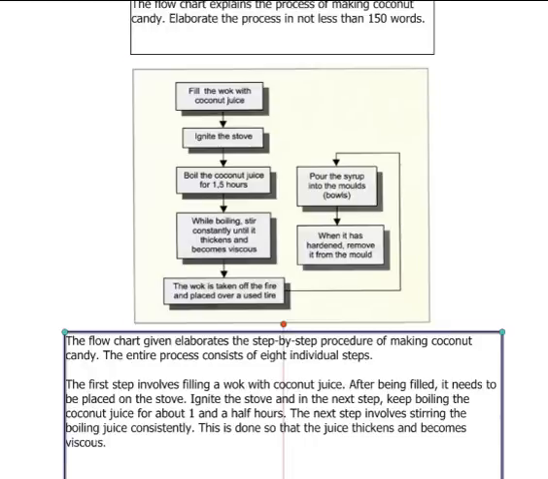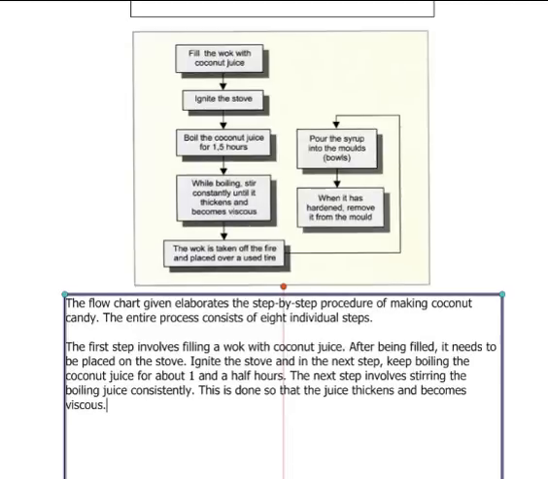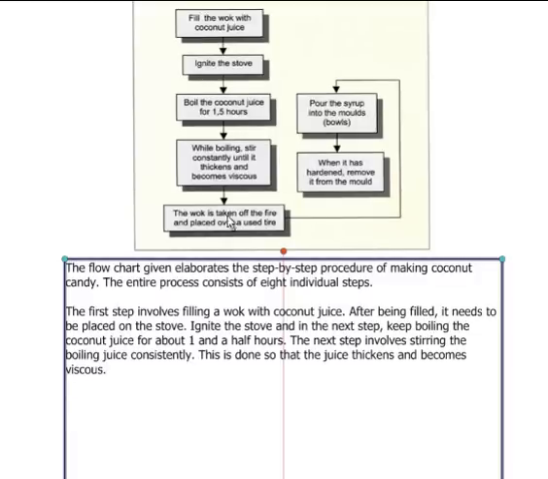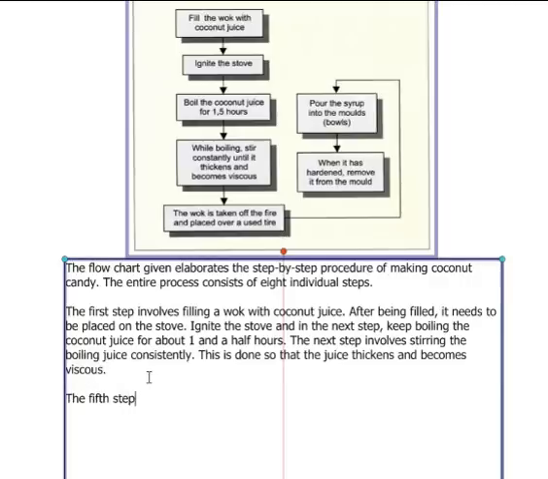Now let's go ahead and start with the next paragraph because we have written a lot of information in this one. So we've already covered 4 steps. Now we have to start writing from the 5th step onwards, which is this one. The wok is taken off the fire and placed over a used tire. So let's change the paragraph. The 5th step